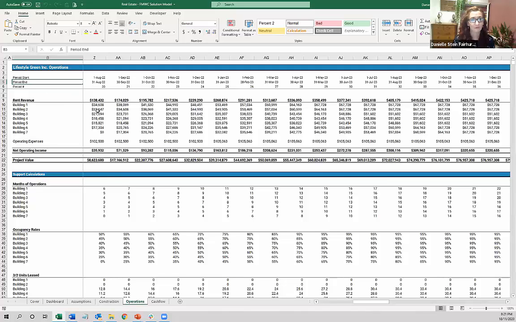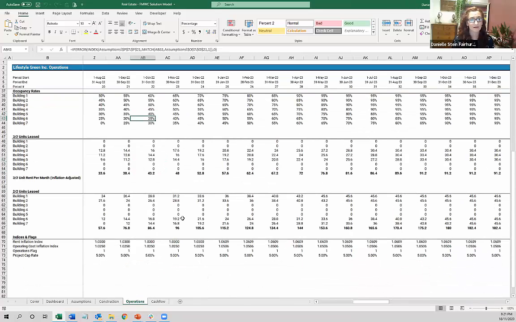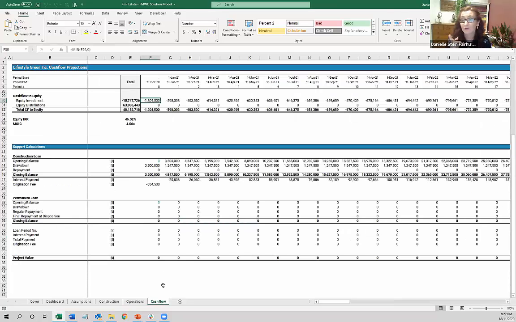So this is your rent calculations. You've got your month's operations. You've got your occupancy, the number of units that are leased, and then of course you've got your flags down the bottom. And then on the last tab, now Sonia, I'll send a copy of this out so that we